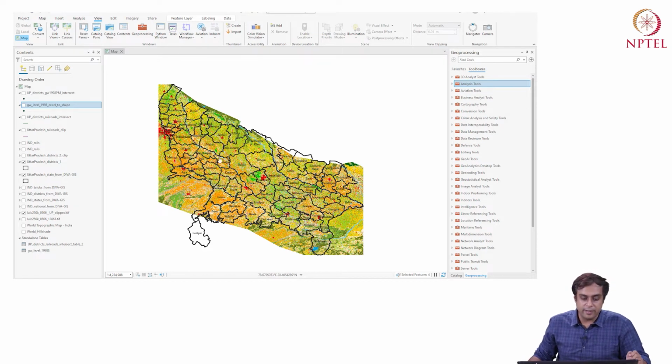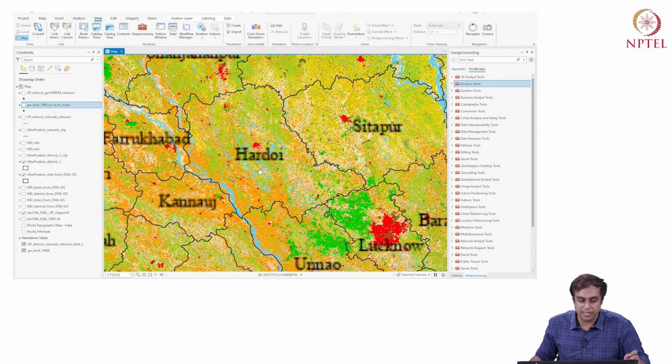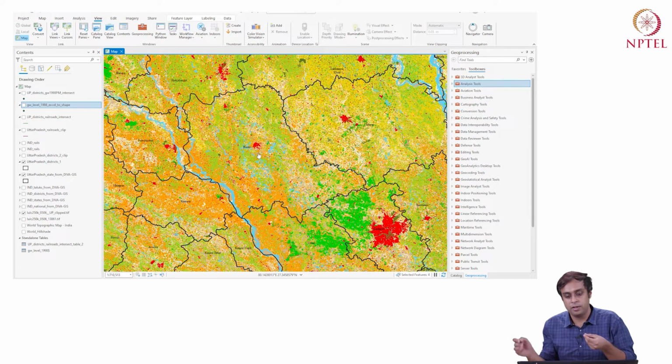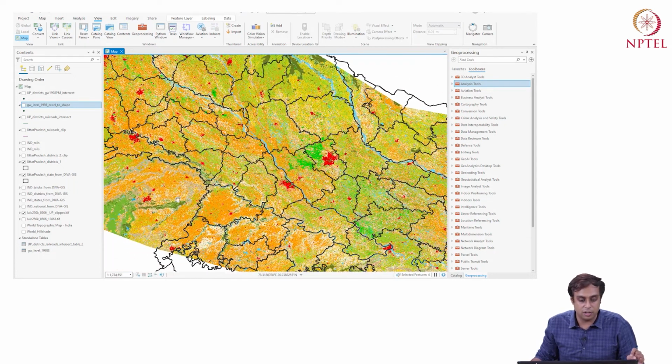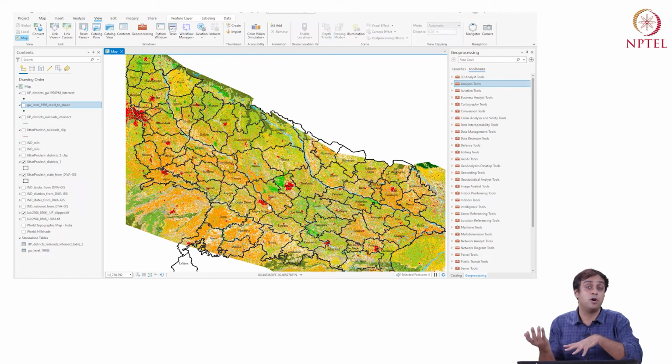What we can do is navigate through different districts by name, which I know by name. For example, Hardoi: I can visualize the land use makeup in Hardoi in 2005-06. I can see which districts have large urban bodies, and which have a higher proportion of agricultural land versus built up land, and so on and so forth, right?